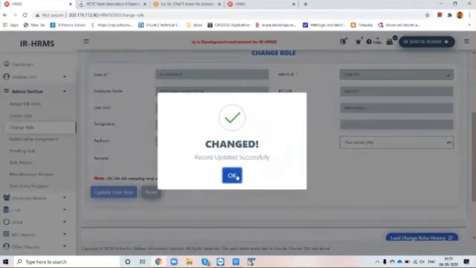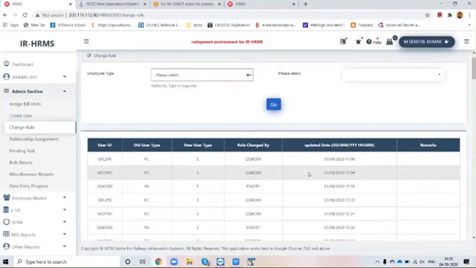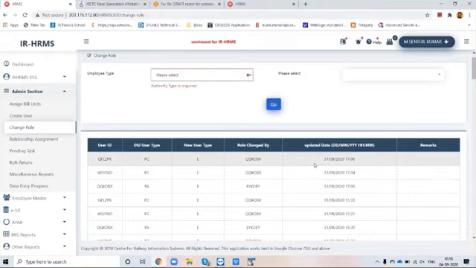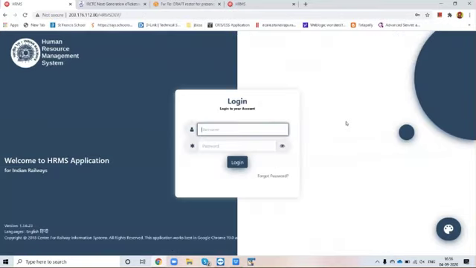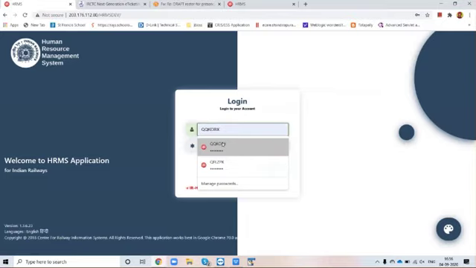It has been changed. For the demo purpose, we will only create one pass admin as per your requirement in your unit. The unit admin can create as many pass admins as told in the presentation. If we log out here, because we have created the pass admin, now the pass admin will do further creation of pass clerk and pass issuing authority and tagging of the employees and pass clerk. Login as the unit pass admin.